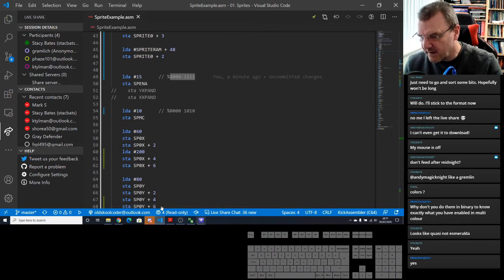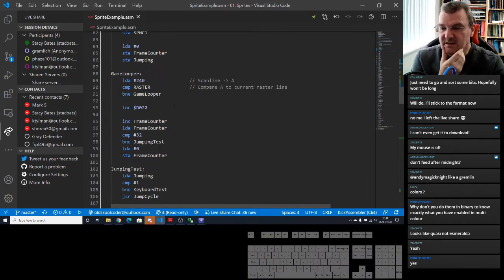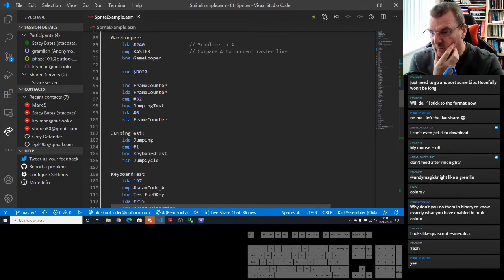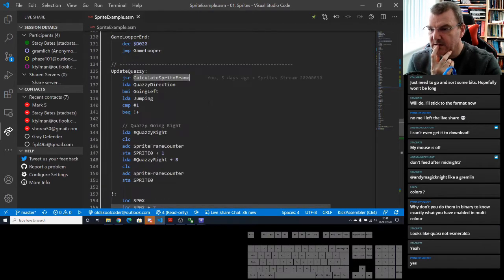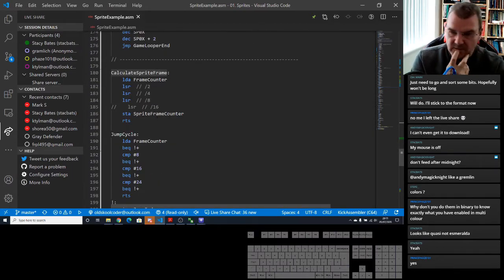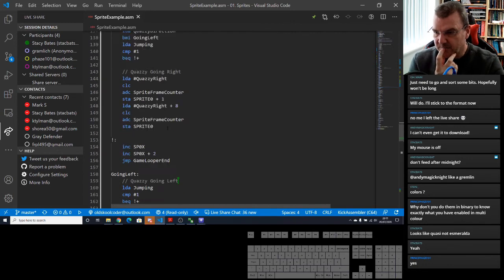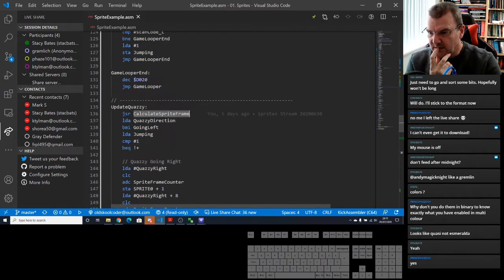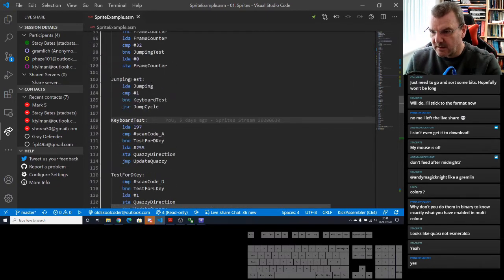Right. So let's get a wave in, and it's the same mechanics as we've done with Quasi Osborne. So in here we calculate the sprite frame, which is down here. And we can do the same for Esmeralda. And before we actually test the keyboard here, we know we're going to go through it, because everything goes through here.